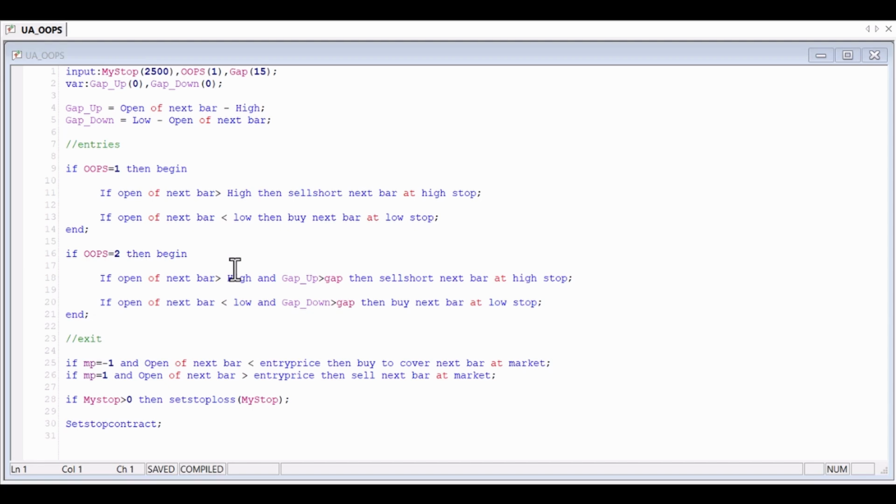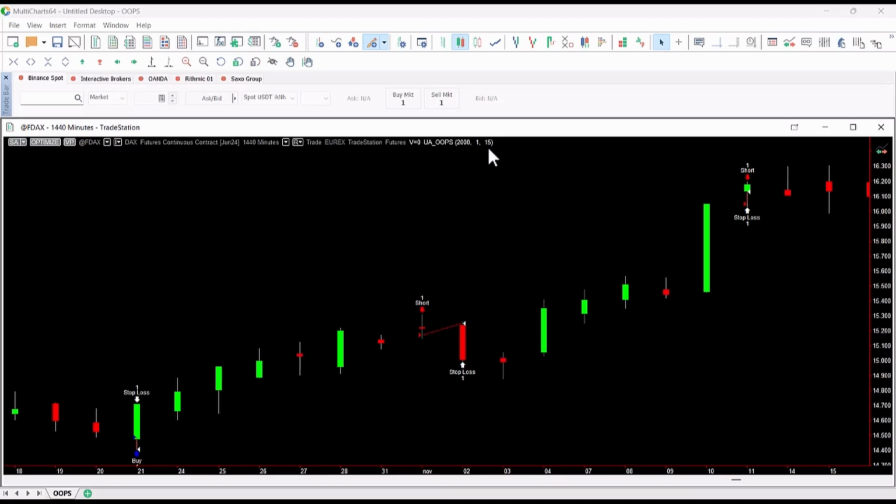Now let's try applying it to a daily chart of the DAX, evaluating the results from 2010 to the present. Keep in mind that for the entire period analyzed, including recent years, we're applying the classic trading session from 8 a.m. to 10 p.m. exchange time. Now let's look at the results of the two strategies, starting with the first scenario.